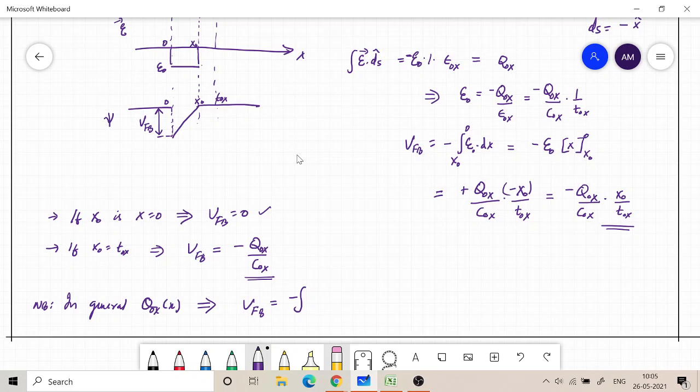Assuming that this Qox is a positive charge density, it could be negative also, but if it is negative, it will take negative values. So that is going to be equal to minus integral from 0 to Tox. That is the range in which charges can be present. Then Qox of x